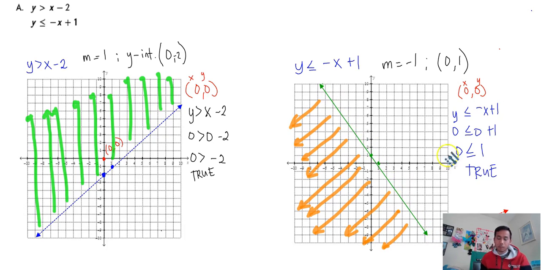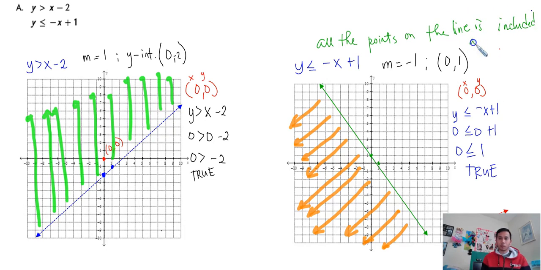Because a solid line indicates that all of the points on the line are included. Okay, so I'll just write that all the points on the line are included as a solution. While for this one, the points on the line are not included in the solution. Right. Next,